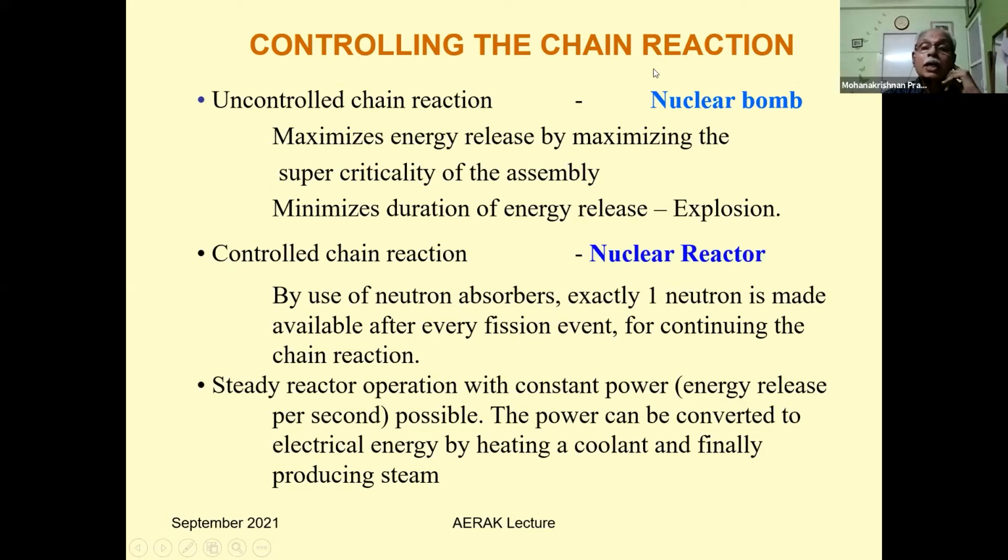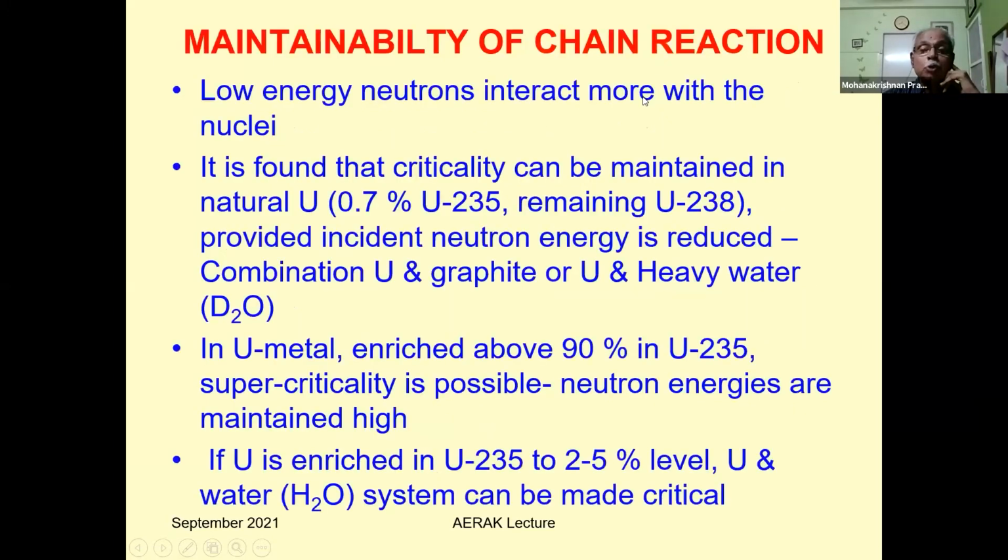So what nuclear reactors are possible? Low energy neutrons interact more with nuclei, and this is a quantum mechanical effect. The wavelength of the neutron becomes large, and it spends more time near the nucleus, so it interacts more. So it is found that criticality can be maintained in natural uranium, that is 0.7% U-235, remaining U-238,